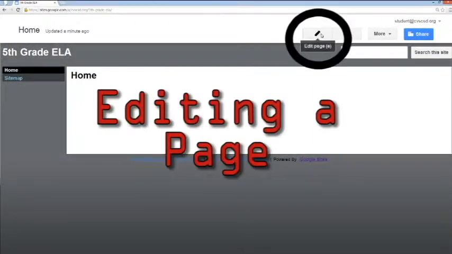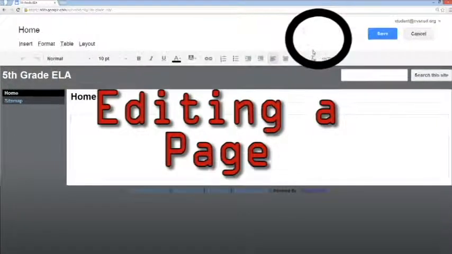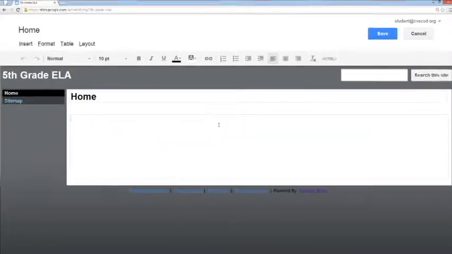So to start with, we're going to click this pencil up here, and we're going to edit this particular page. Now, as you can see, we can insert text in any way that we want, and then use this toolbar up top to change the font style, font size. You can bold, italicize, underline, change the text color. We can change the highlight color. We can also link particular images and texts, and pretty much do similar things that we could see in a